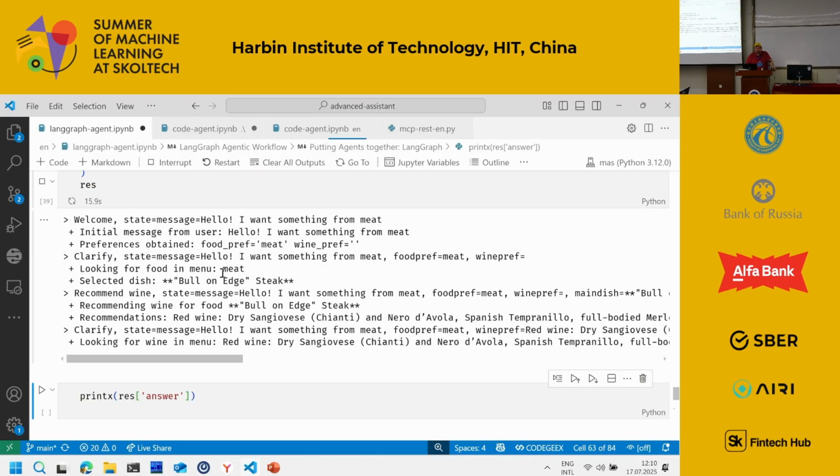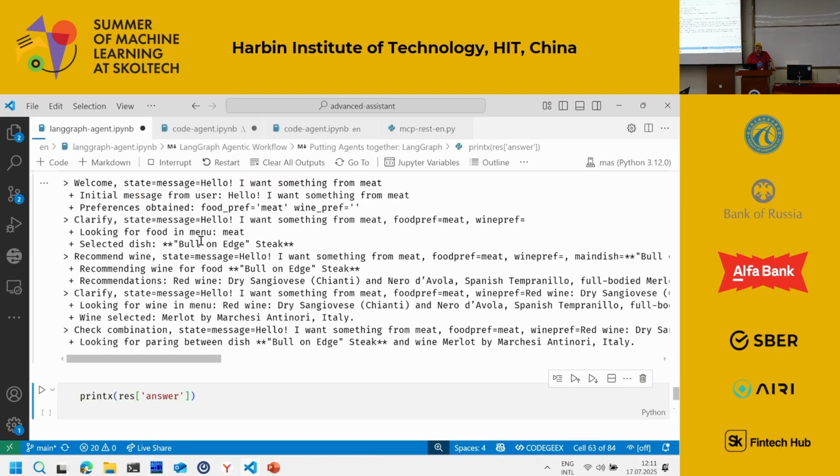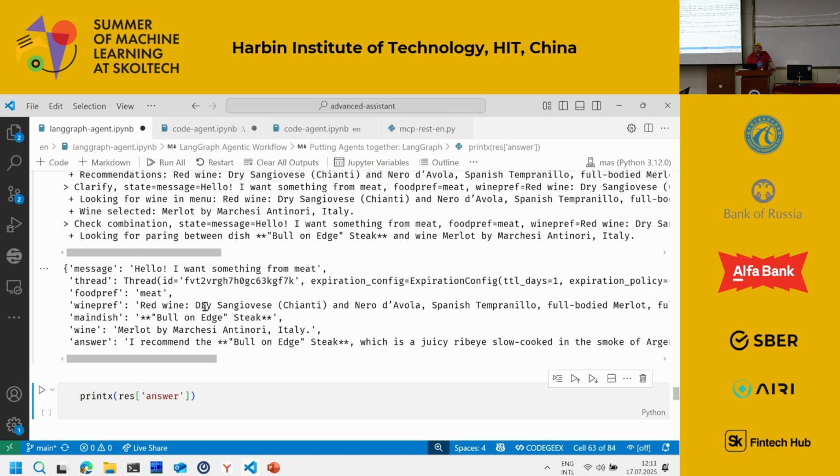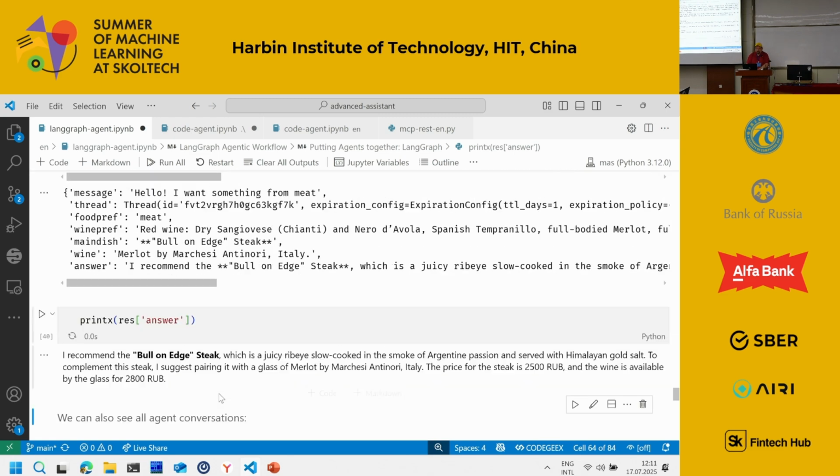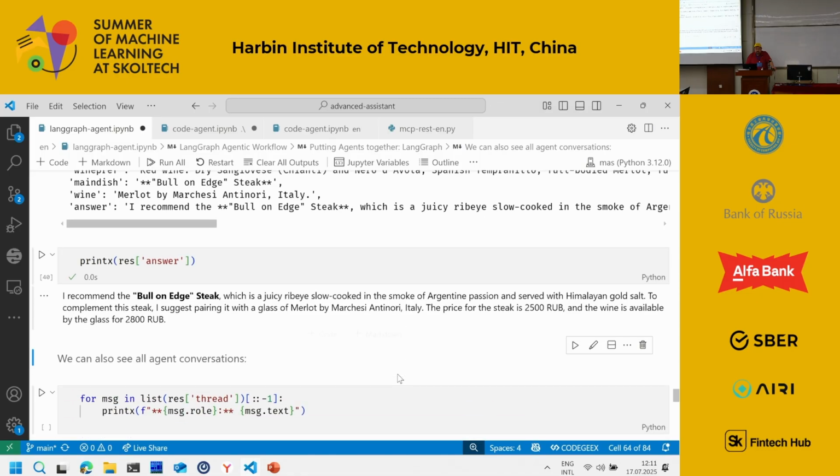So I ask the waiter to look for the menu item which matches meat. It gives me ballon aged steak. Then I want to recommend the wine for this, so I look for a specific wine. And this would be the final answer: ballon aged steak with Merlot by Marchesi Antinori, Italy.